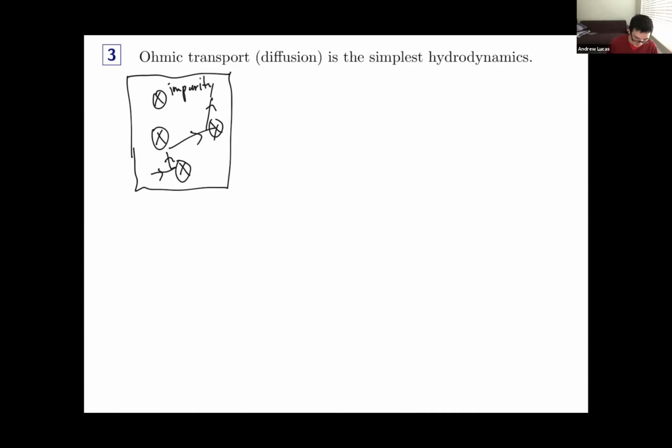thing to do. And in some sense, even if I imagine that there are no interactions between electrons, the single particle trajectories here could be very chaotic. They're moving in this disordered landscape. The nature of the impurities might lead to complicated scattering. And I don't want to keep track of any of that. Instead, what I want to do is say,